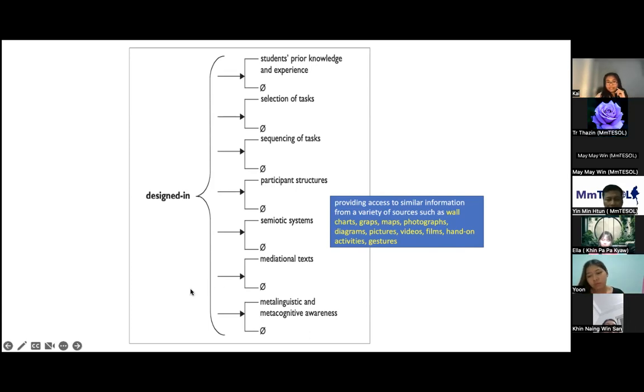And also teachers' use of gestures, manners, and behaviors are also scaffolding to students in the classroom. Another thing is mediation tasks. Mediation tasks means, for example, at the end of the lessons, we want the students to be able to write an argumentative essay. So throughout the lessons, we have